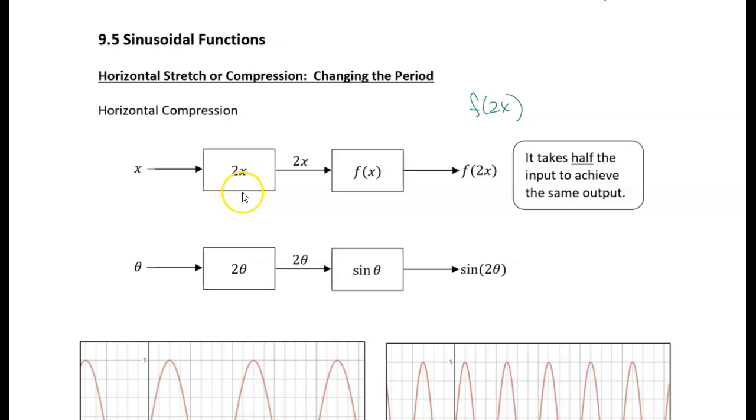And the reason for that is that I'm basically taking the input x, I'm amplifying it by 2, so I'm doubling it, right? And then feeding that into f of x, okay? So because I've got this amplification going on, I'm multiplying it by 2, right? I'm taking x and multiplying it by 2, then it only takes half of the amount of x to get the same output, okay? So rather than cycling between 0 and 2 pi, let's take a look at what happens